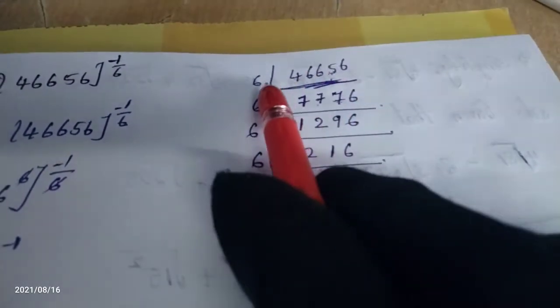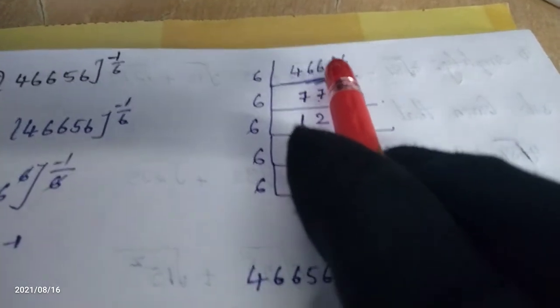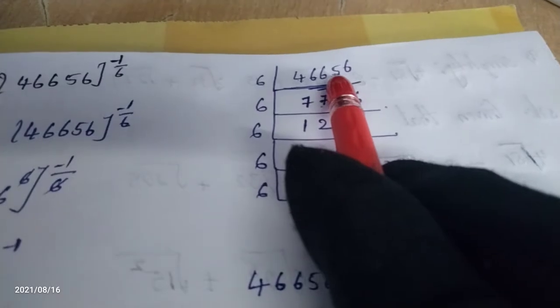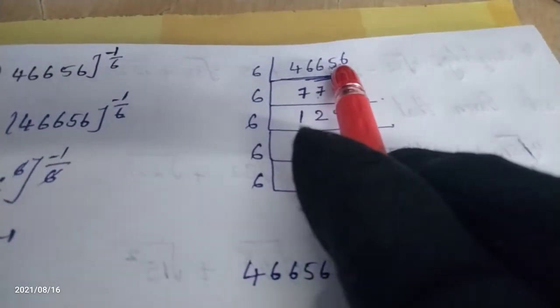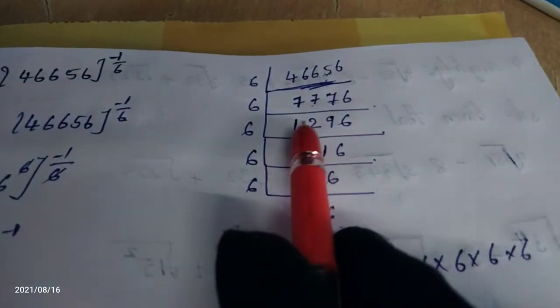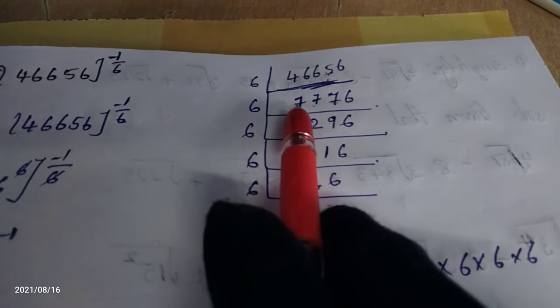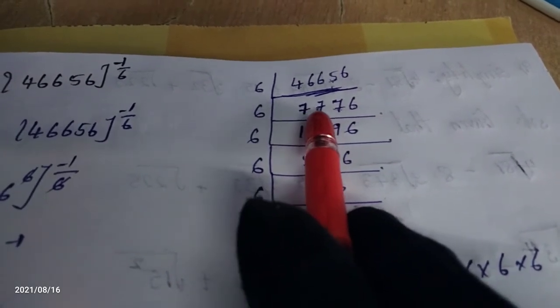45 is not divisible, so again I am taking 42 only. So 6 7s are 42. How much is left here? We have 45, so 3 is left. We are putting here, what does it become? 36, since 6 6s are 36. In the next step we are taking 6, and 7 is next. 6 1s are 6. How much is left here? 1, so it becomes 17.